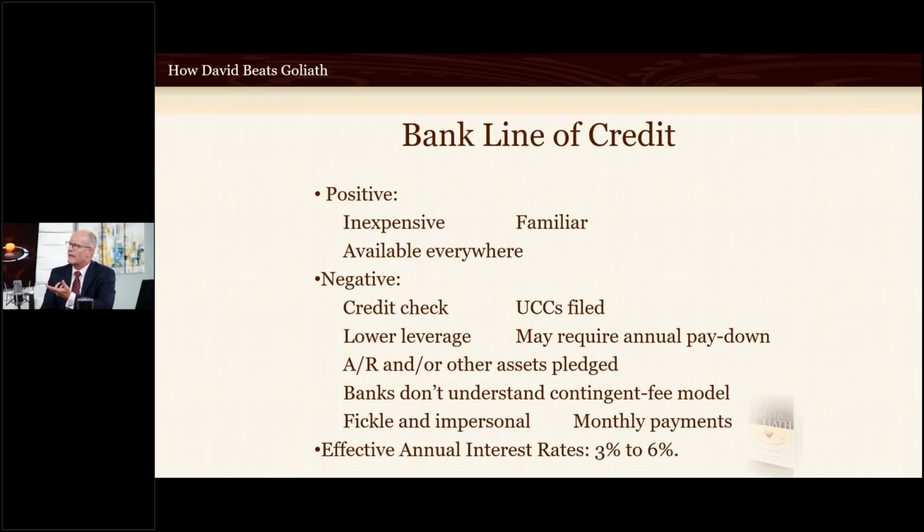So if you do the math on that, prime at 5.25 now is 70% more expensive than it was, if I did the math right. It was 60%, but it's a lot. Serious signal, double-digit increase in the net cost. So if you have a line of credit for your law firm, you're seeing that item on your income statement every month go up and up and up, and it's going to go up more. So it's not quite as inexpensive as it used to be.